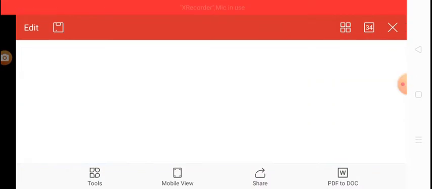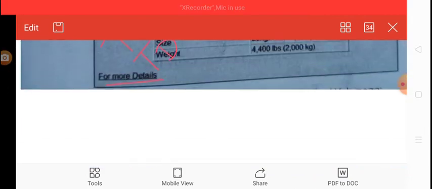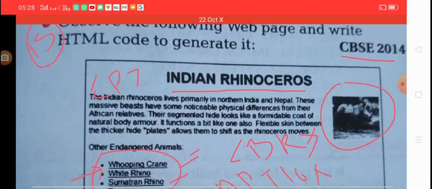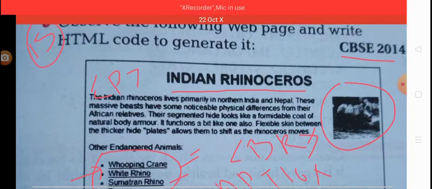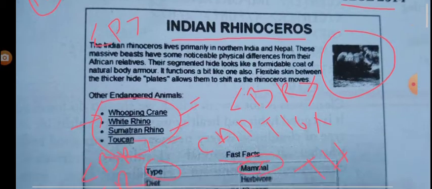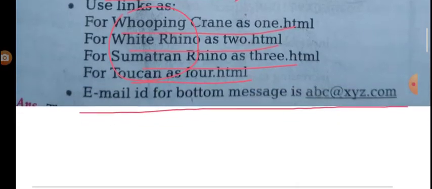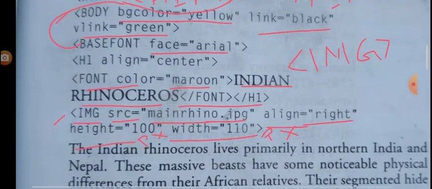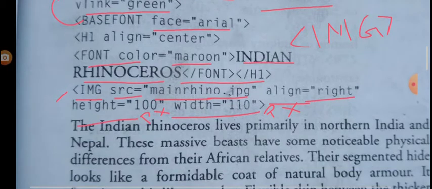Now you can see the image, it will give you a clear idea. You can see here that the image is right aligned, and this image has a particular height and width, because this image is not visible in the full part of your web page, so we take height 100 and width 110 pixels. Okay, the name of the image is already given, so we take just the name of the image here.